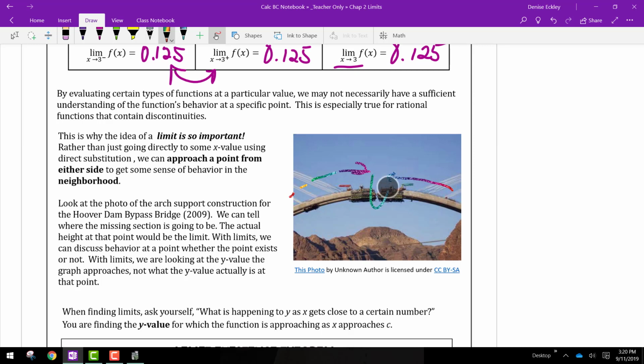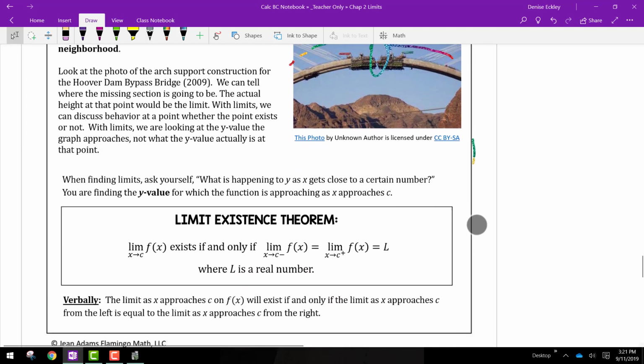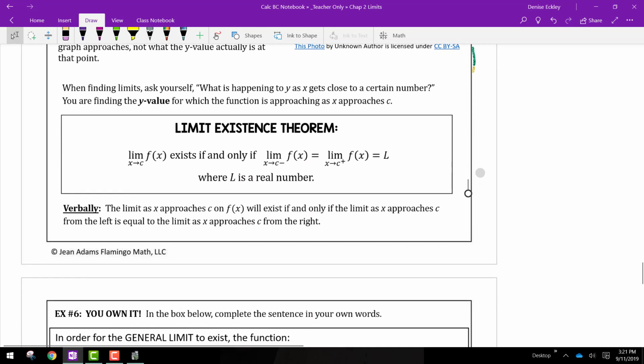And if you see, there's still a hole there. But you can tell by looking at that exactly where they're going to meet. And that's the idea of a limit. This bridge will only work if those two parts meet. So that's why we're always looking for a y value as we get closer and closer to a certain x value. So that leads us to our limit existence theorem,